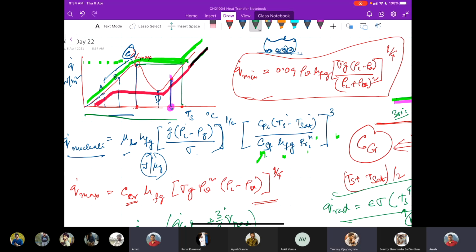Then we can change the heating surface so that the constant CSF may change. Yes, that is typically done by roughening the surface. Because you understand that the major contributor of the boiling is nucleate boiling. In nucleate boiling, what is happening? There are nucleation sites for the vapor, that means where the vapors are generated.